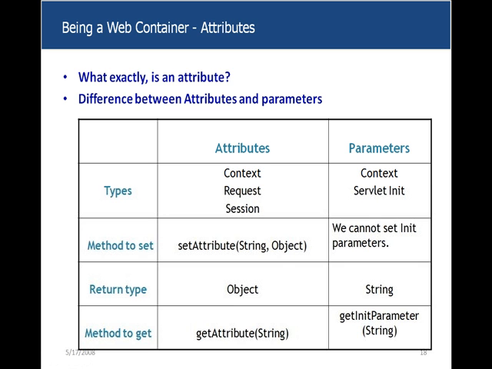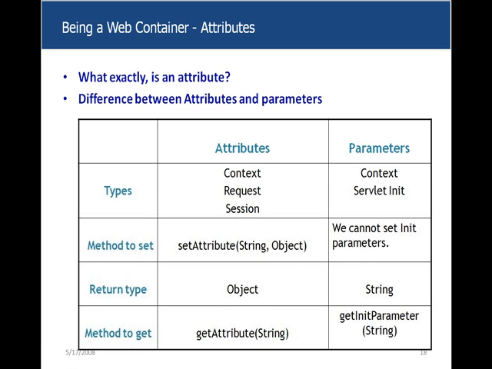Now, we've got one more thing called attributes, wherein you can store and retrieve data using attributes as well. So what is the difference between attributes and parameters? We've just seen that using parameters you can store some data and you can retrieve that data in your servlet code. And again I'm saying that you have attributes wherein you can store and retrieve data. So what's the difference between attributes and the